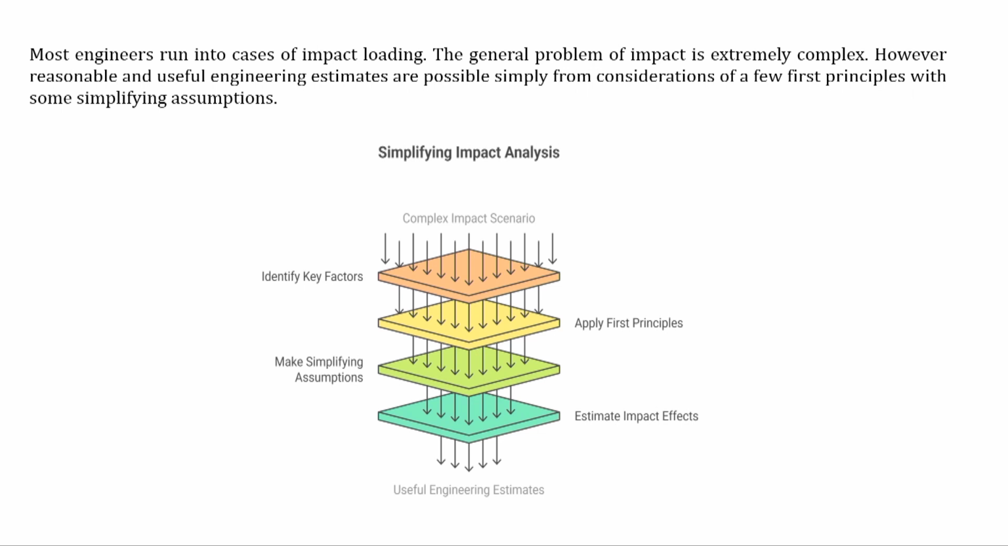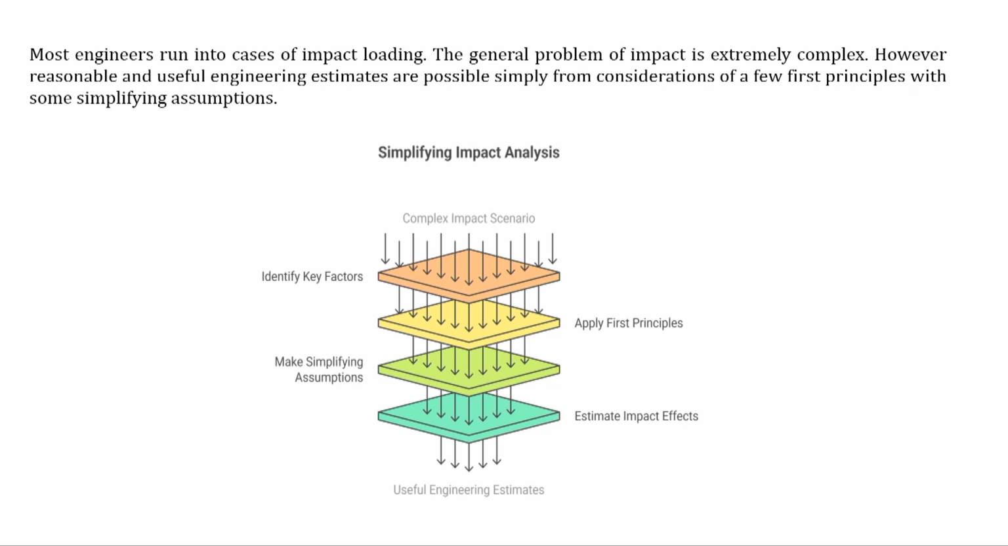We will try to simplify the phenomena from the first principles that we have learnt throughout our life. So let us simplify the impact analysis. We will go from a complex impact scenario to a useful engineering estimate. What needs to be done is that first the key factors need to be identified. Key factors means the material properties, the behavior of the material during a high strain rate event, the deformation phenomena,